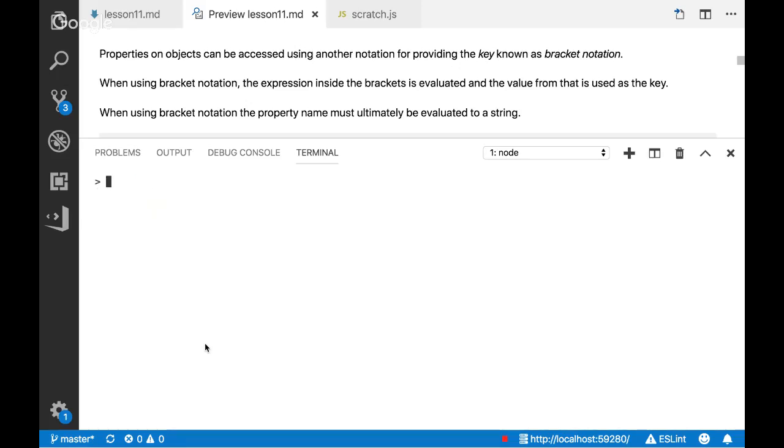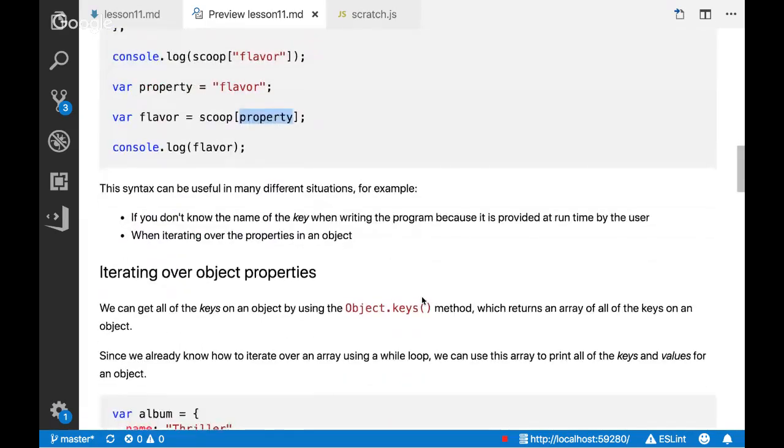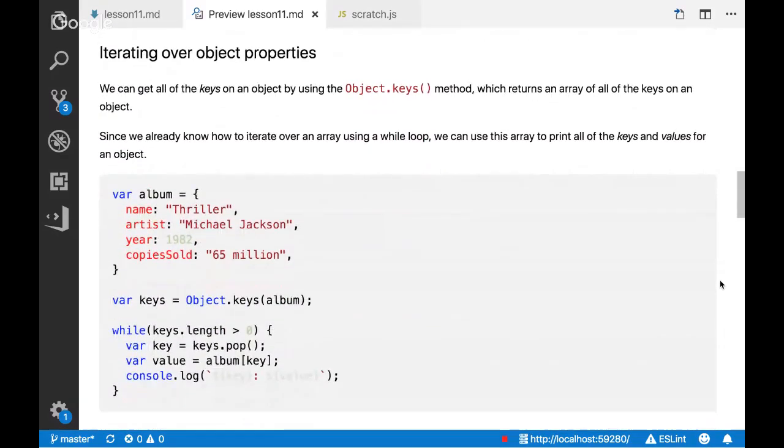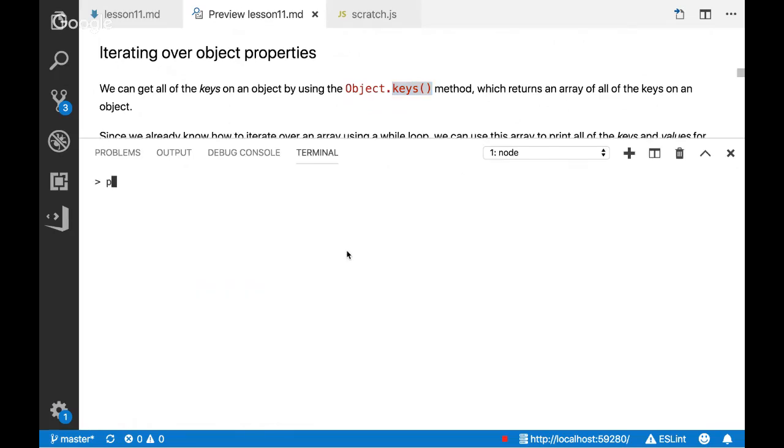So where does this come in handy? If you're just accessing one property and you already know what it is, it's not particularly useful to be able to do bracket notation. But a really good example of where you would use it is, let's say you want to iterate over all of the properties in an object. Turns out, talking about useful methods on some of these built-in objects, we've got a really useful one called .keys, which is on any object. So if we went over here and we did our keys,